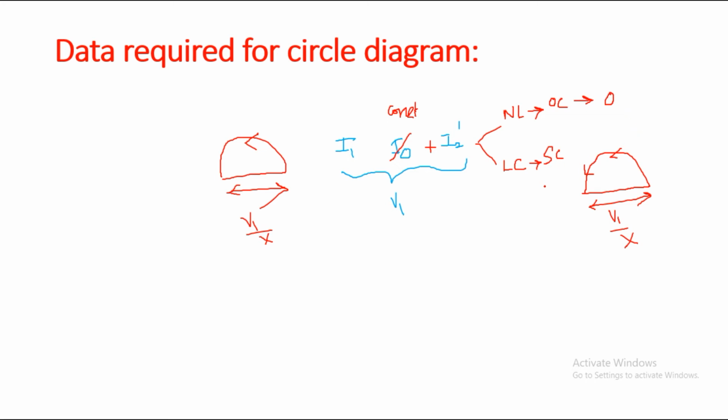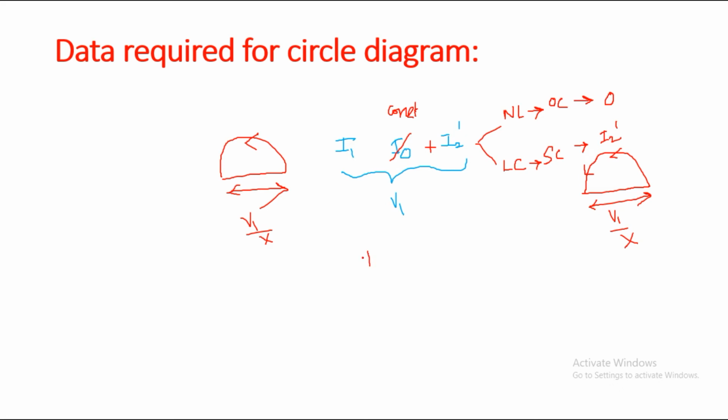And the next one is loaded condition. We can name that loaded condition also as short circuit condition. So for that we can have an existence of I2 dash. So obviously for this condition, I2 dash is not going to be 0 anymore. It definitely is going to have some value more than 0 till it reaches its maximum value. So based on that value, we can have the same variation in input line current also along with no load current. So this is the condition of having load on rotor circuit.